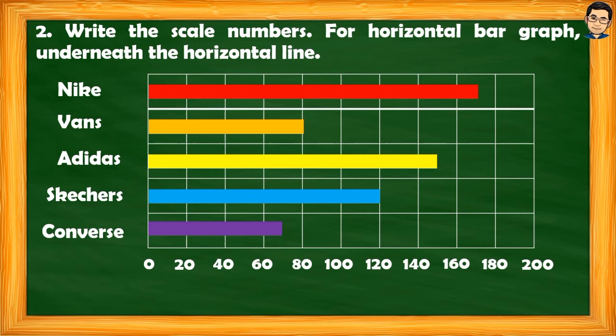As you can see, for Nike, we have 170, so it is in the middle of 160 and 180. For Vans, we have 80. For Adidas, we have 150. For Skechers, we have 120. And Converse, we have 70. Okay, when our scale doesn't end at 5 or 0,